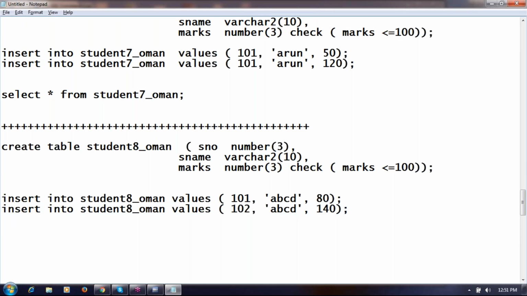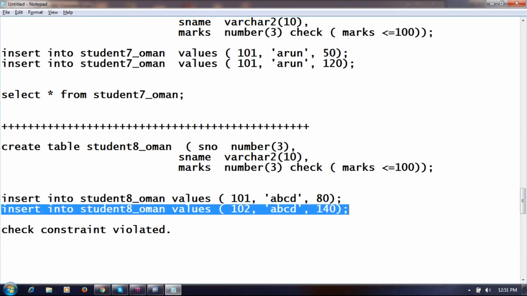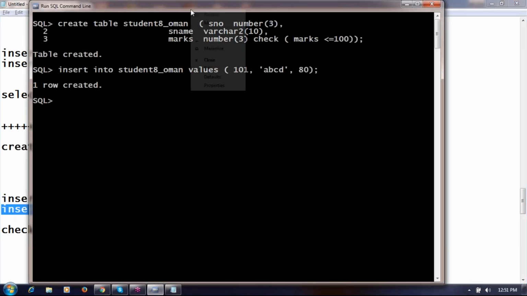Can you guess what is the error message? What is the error you get? Have you observed? Check the error message. What you get is check constraint violated. There's something new you need to understand. Read the error message carefully.